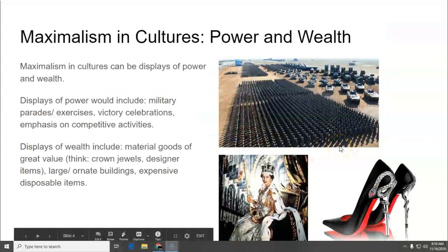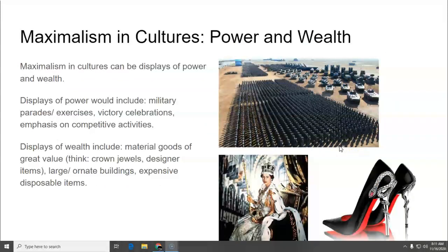So in cultures, maximalism can be displays of power and wealth. Displays of power would include things like military parades and exercises. Look how much warfare we have. We have all this equipment. It could be victory celebrations. Think about parades. Think about competitive activities where you want to have all the trophies, all the ribbons, all the